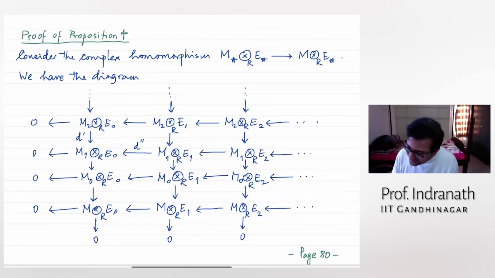Okay, so this is your double one. So just keep in mind, these are the levels. This is the level of M, then M0, then M1, then M2, and so on. And here the E's are, so basically rows are by the M's and the columns are by the E's. Just remember this much.